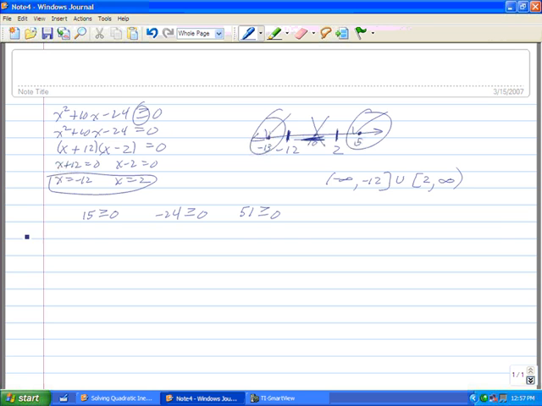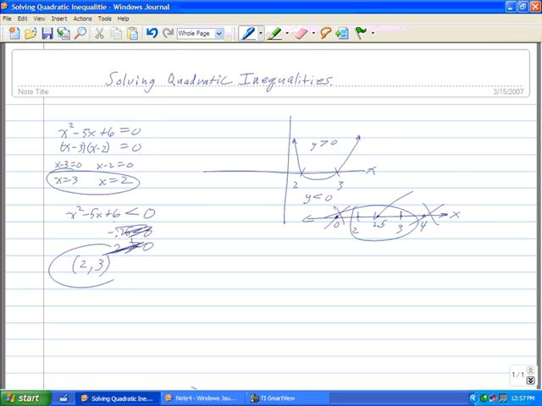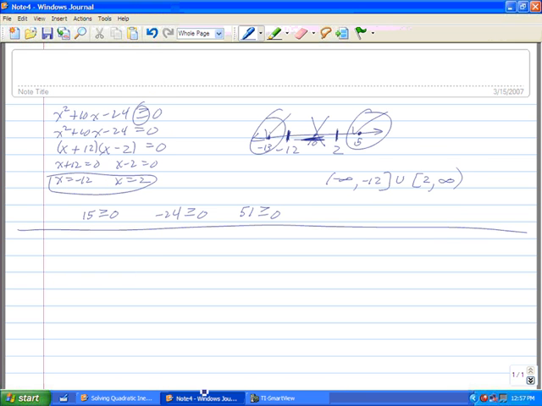So that example shows 2 separate intervals for your solution, whereas the last one was one single interval for the solution. Now, with these problems, you can have situations where you have all real numbers for a solution, or you can have no solution at all. That is actually possible. As a matter of fact, if we had x squared minus 14x plus 49, and we had that set as less than 0,